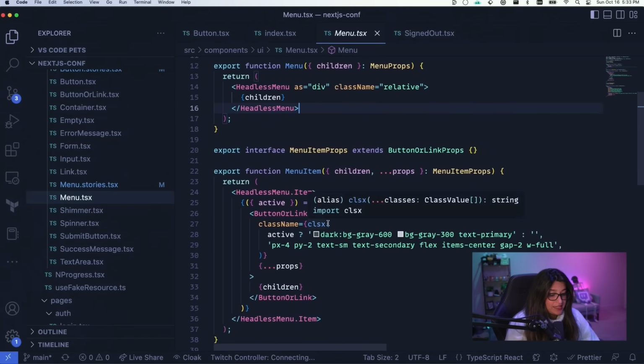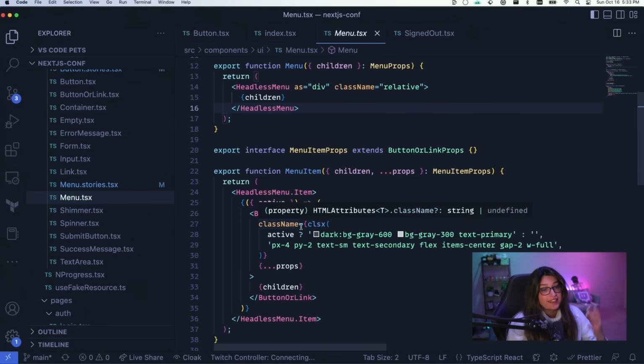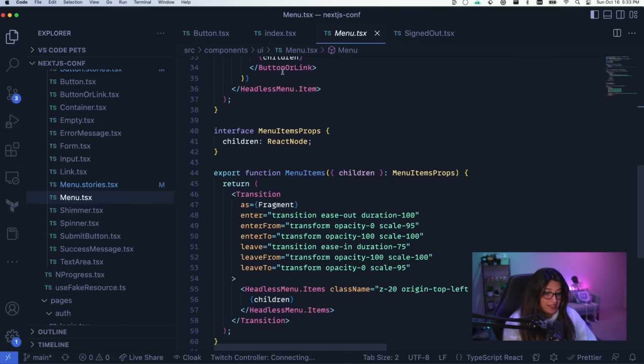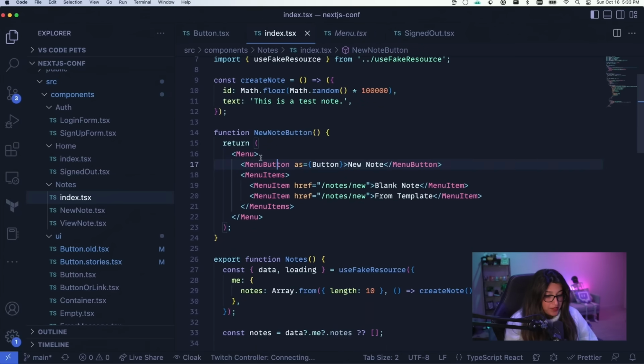I do use CLSX here for the button or link. This is basically the items in the dropdown. I haven't really fully fleshed out all these components with CVA yet, but this is somewhere where you could add that as well. So now if we take a look back at our note page, you can see here that